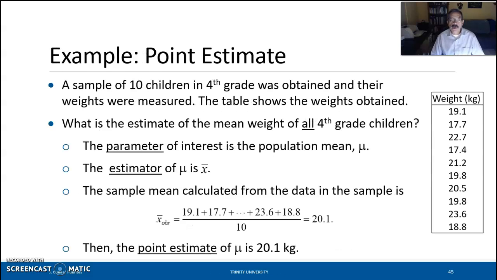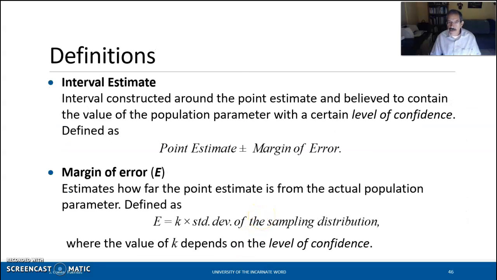All right. Oh, and one more thing. If you say, well, how close is this 20.1 kilograms to the actual value of the mean? Well, we know from the sampling error that this may not match exactly the value of the true population mean, but we know it's close. For that reason, we'd like to introduce another estimate, called the interval estimate. This is an interval constructed around the